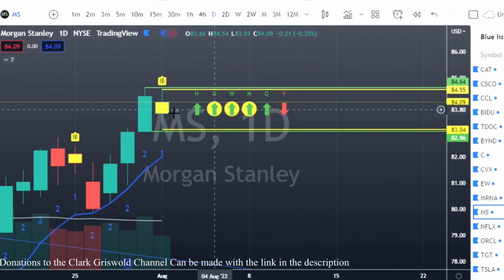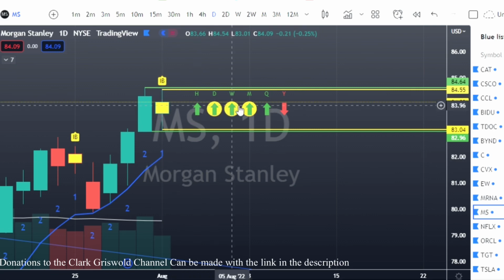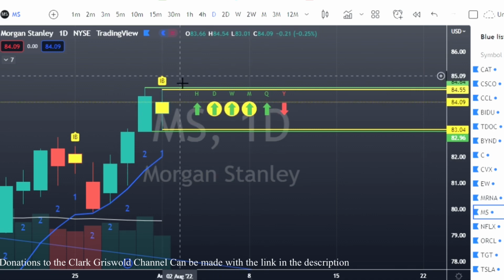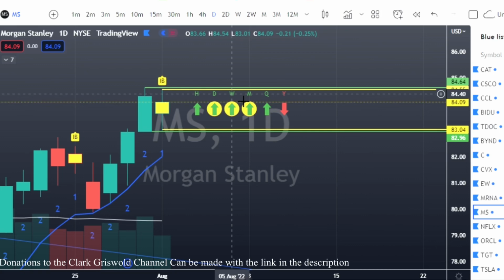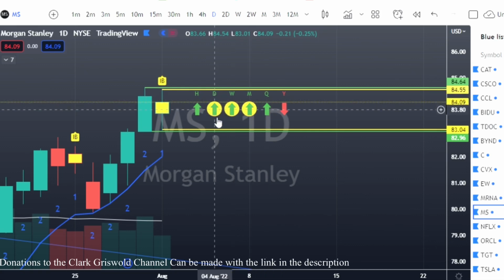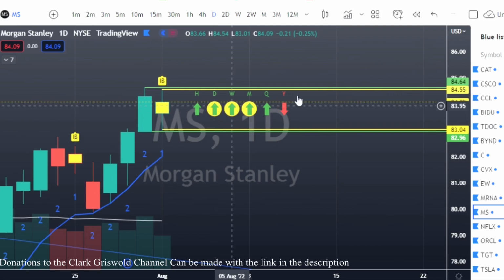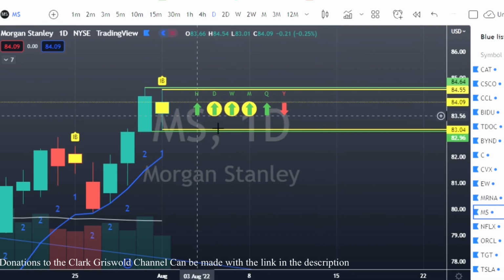Okay, so this one candle represents all three of these. So if we trend back down, all three of these are going to be red. If we trend back up, all three of these are going to be green. That's why I said earlier, we kind of need to wait to see until Wednesday, where things really start to move around, in which direction things are going to start going.